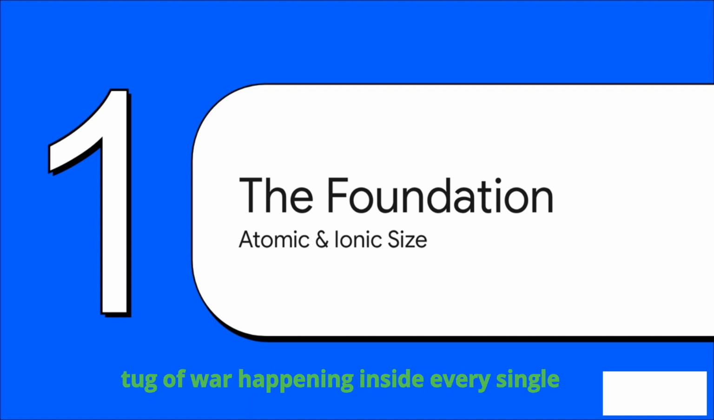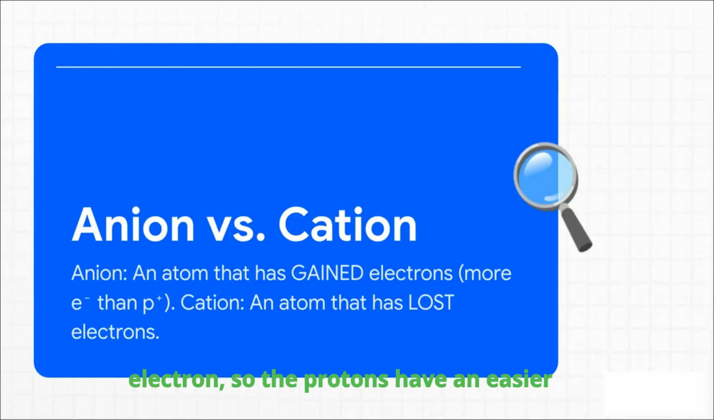Think of it like a tug of war happening inside every single atom. You have got the positive protons in the nucleus pulling on the negative electrons. Now, a cation has lost an electron. So, the protons have an easier time pulling the remaining ones in tighter, right? An anion has gained an electron, which means the proton's pull gets spread a little thinner, weakening the grip